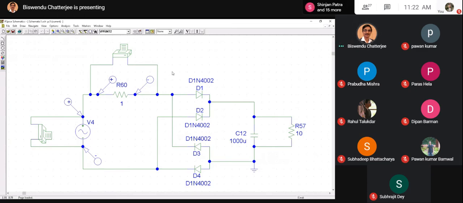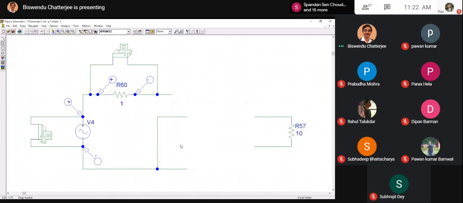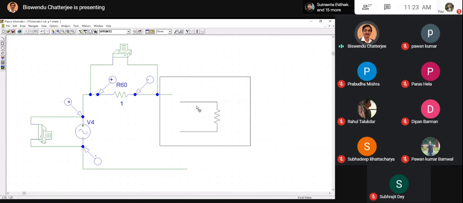Now, what we will do, for those who want to know, this entire circuit will be replaced by a resistive load. For example, I am just deleting the entire thing, rectifier, etc., capacitor, and just as load, we will put the resistor here, the pure resistive load. One thing is missing, the ground earth point must be here. We have put the resistive load here.